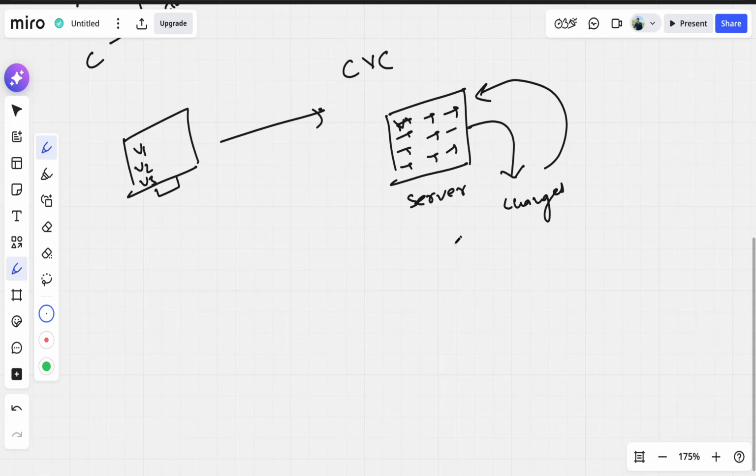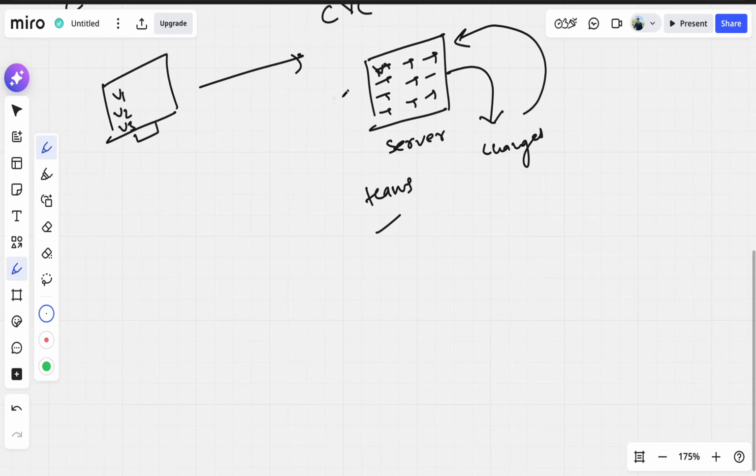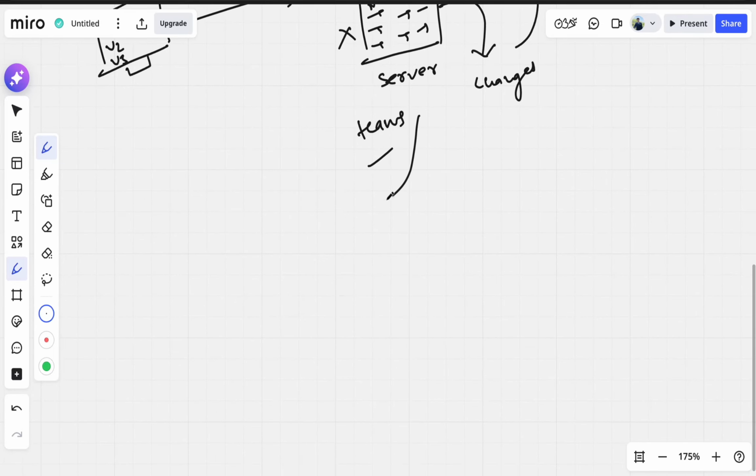So this actually solved the collaboration problem, because now teams were able to collaborate. But there's one problem to it as well. What will happen if this particular server crashes, right? All your files will be lost, and the people who were working on those files or that code will not be able to collaborate or share, or they cannot upload it back to the central server, right? Everything depended on only one machine, which is why this was also discarded, and now the latest system is